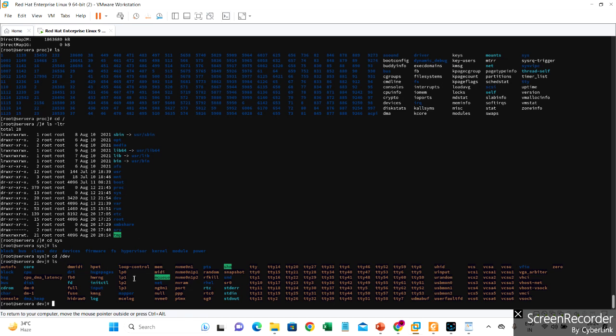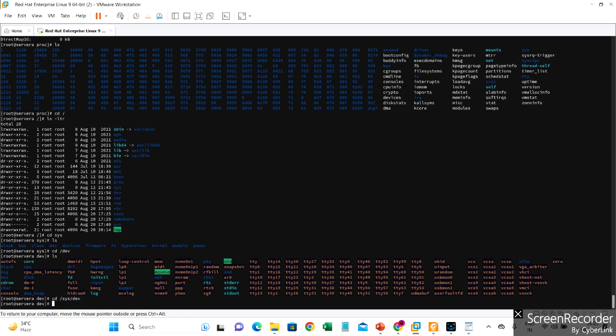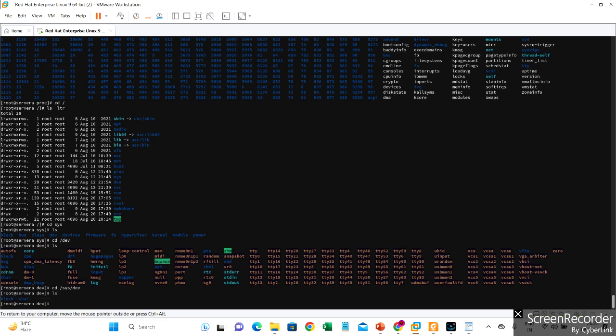Dev contains only the device information, but our sys directory contains all information like block information, bus information, class information, dev, devices, firmware, file system, hypervisor, kernel, module, power, etc. When we go to cd sys and ls here,